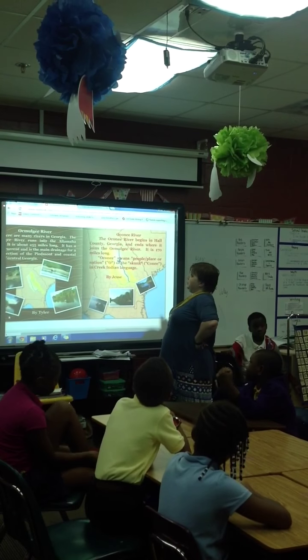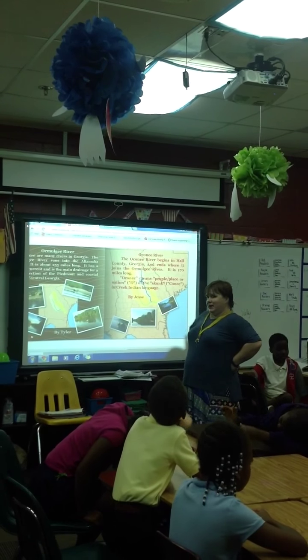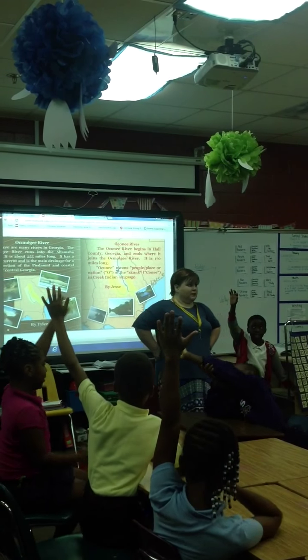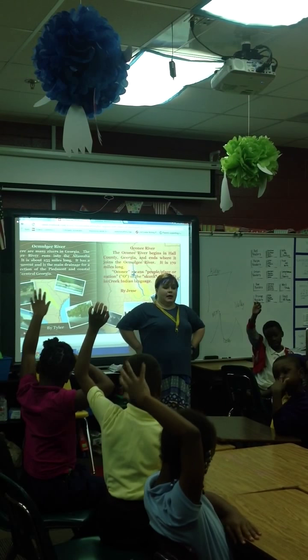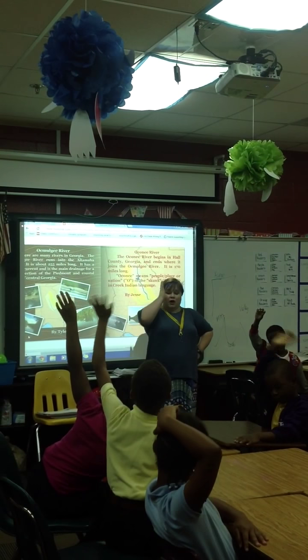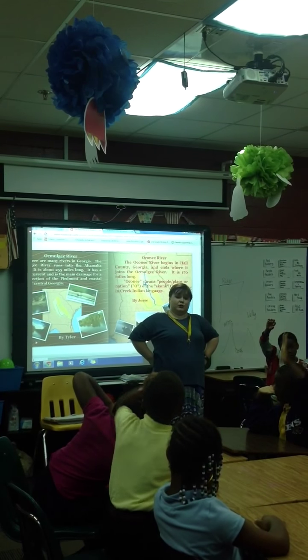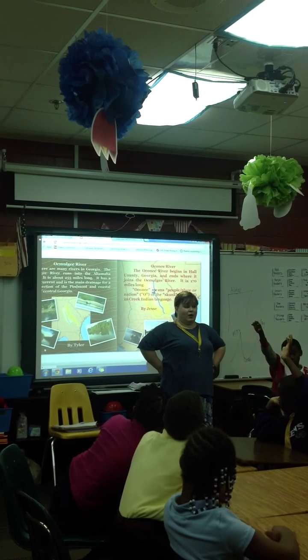Okay, the Okemulgee River is one of the main rivers in Georgia. How many of you have ever seen a river? How many of you have ever gone on I-16, going towards Savannah, and looked over that bridge and seen all that water?